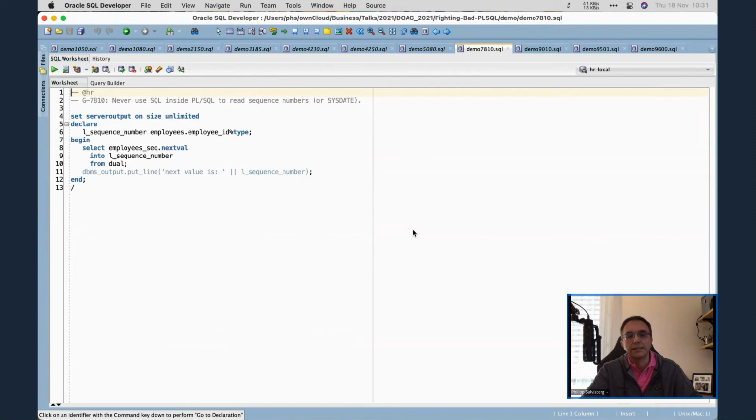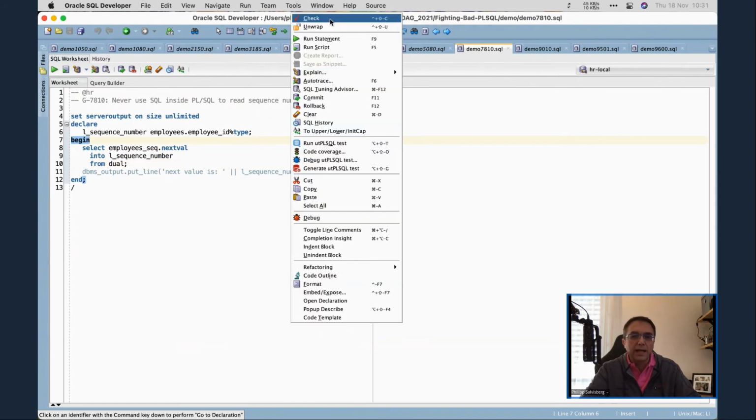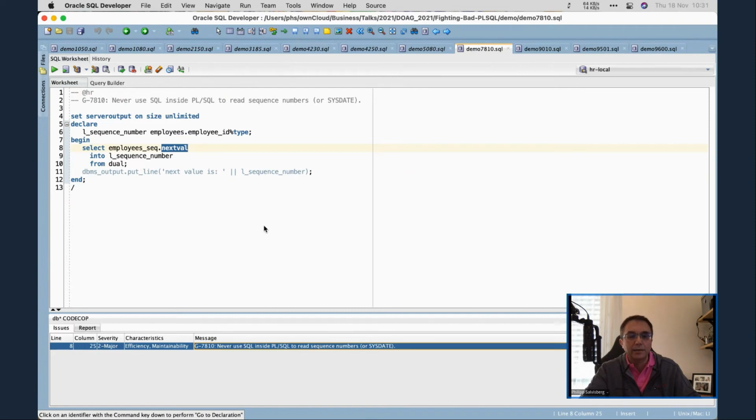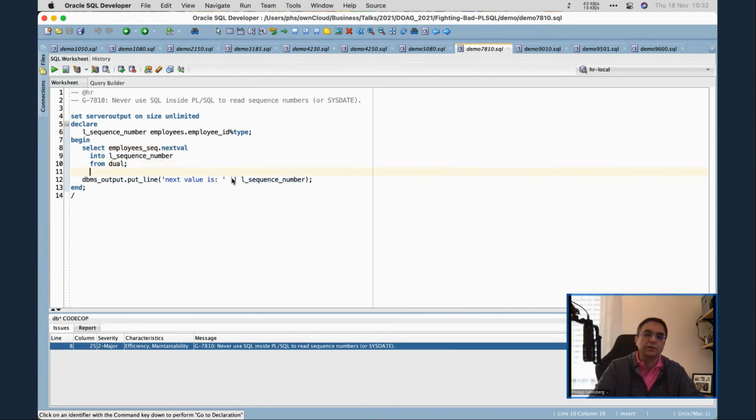Okay, that's a nice one, because for old programmers like me, this was the only way we could get a sequence number into PL/SQL in Oracle 8. We had to access the dual table. But nowadays, I hope you all are using version 9 and higher. It's not really necessary anymore. So you can nowadays just write this differently, and instead of accessing,